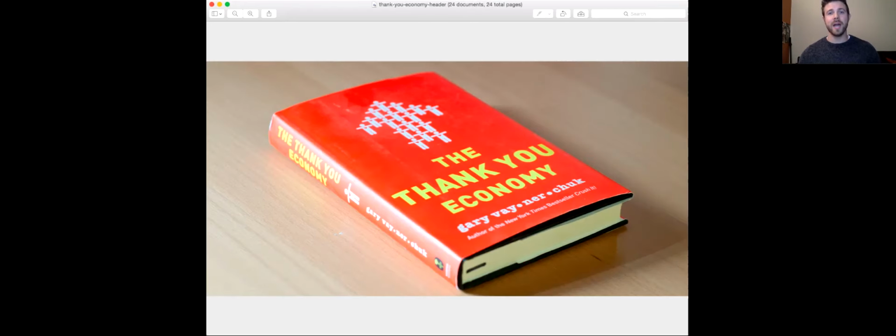And the second book is another book by Gary Vaynerchuk, who's the author of Jab, Jab, Jab, Right Hook. And that's The Thank You Economy. This is a book that essentially talks about how to provide customer service in the digital age. And essentially, he says that we went from the old mom and pop stores of 50, 60 years ago with the customer service, and we've come full circle to people just craving that kind of boutique, personal customer service. And this shows you all about how to do that.